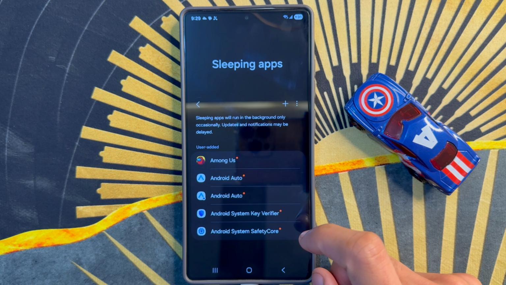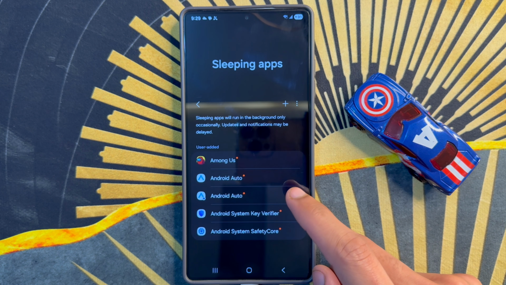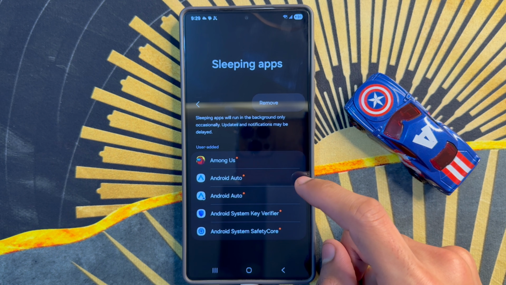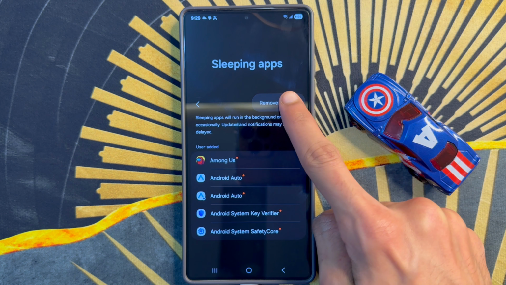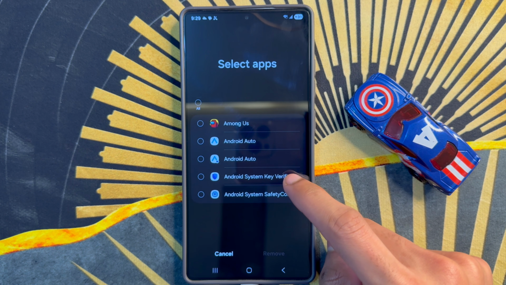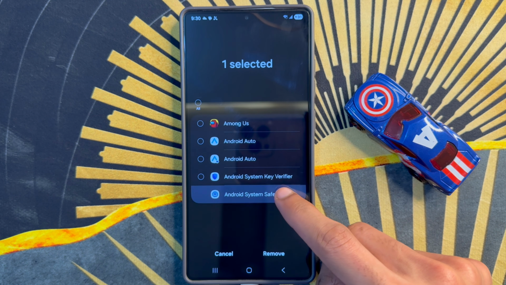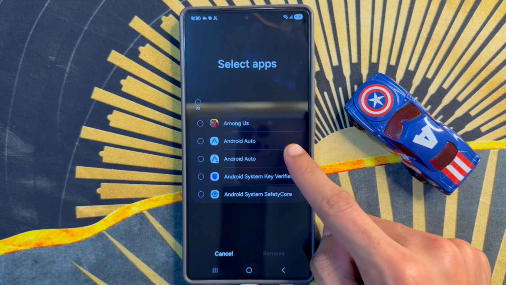sleeping apps. So if you want to remove apps from sleeping apps, click on this three dot icon. So after clicking on this three dot icon, click on settings. Now in settings, click on remove, and after clicking on remove, so you will